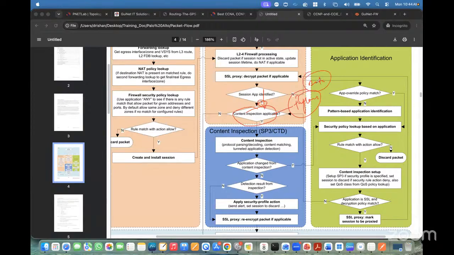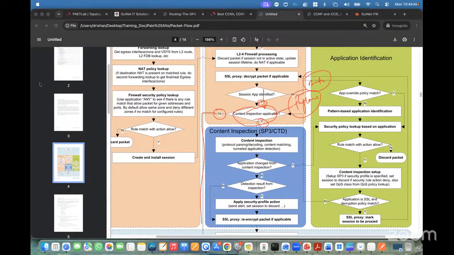Means any actual file, any kind of Word file, any PDF file, any kind of email attachment, any kind of text attachment, anything you're sending and receiving between your source and destination. All that content is going to be inspected. And based on the content, sometimes you say, no, I don't require the content inspection. Then it is going to bypass. It will simply transmit your packet. But if it's saying, no, no, I need the content inspection,